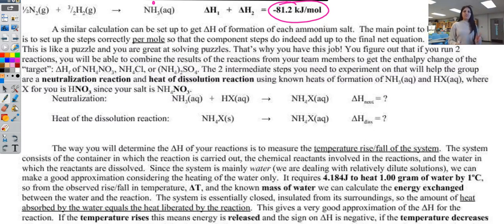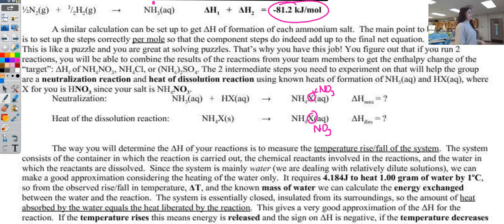All right. So what you figure out working for this company is that these 2 missing puzzle pieces in figuring out the delta HF for ammonium nitrate are 2 steps. So if you can get the neutralization reaction for, in our case, X is going to be nitrate, so it's going to be NH4NO3, same thing here, NH4NO3, and same thing on these, so your X is your nitrate. Then we needed to figure out what the delta H was for neutralization and delta H for